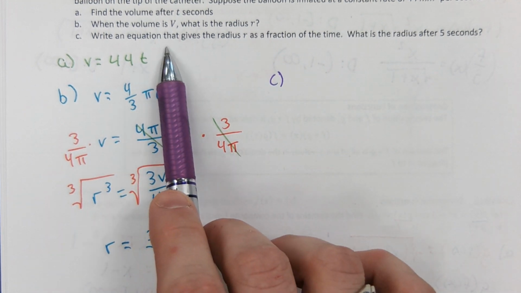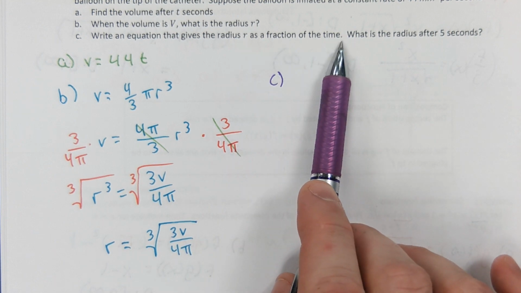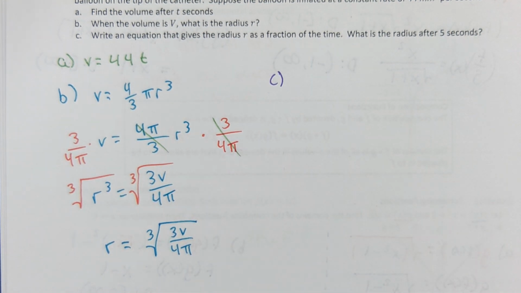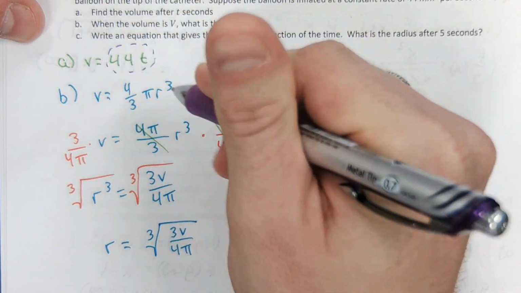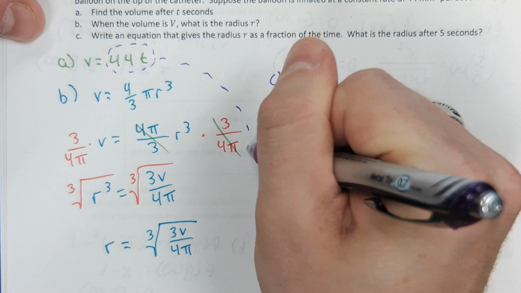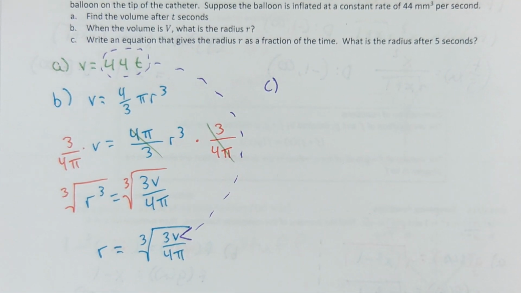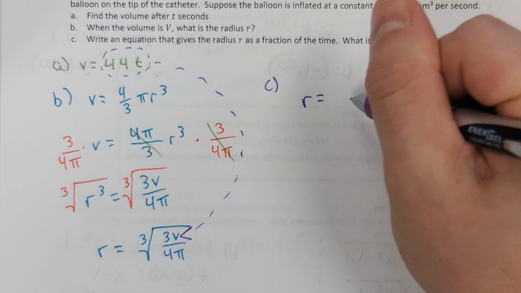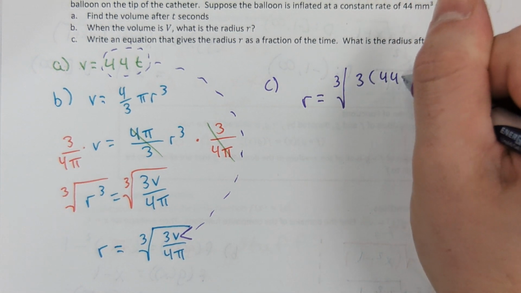This says write an equation that gives the radius in terms of time. And we can pull that off because this is what the volume equals, and I could plug it in to that. I could compose my volume function that I did in part A with my radius function that I did in part B to get that the radius is the cube root of 3 times 44t